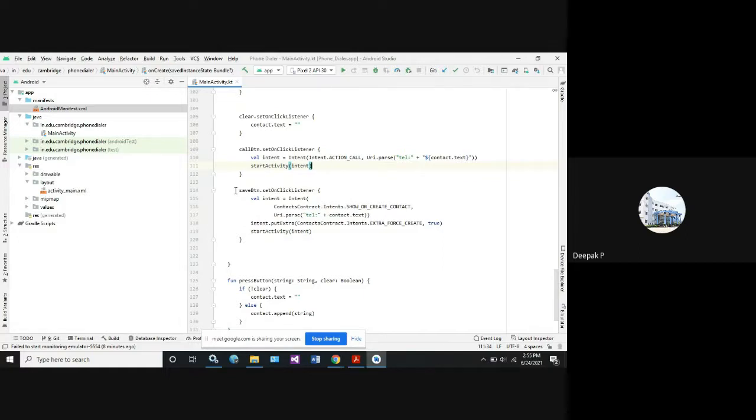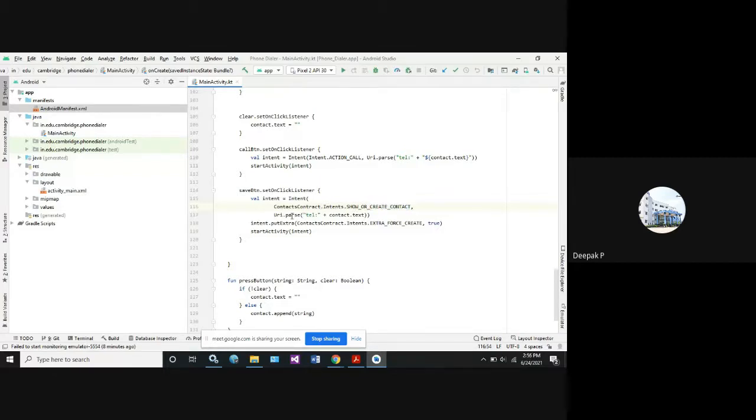Now we need to use the save button field. Save button, same thing, val intent, where it has to save to the contacts library. To access it, we have taken Intent.ACTION_CALL. Now it has to read the data using the library called ContactsContract.Intents. We have two things here. One is you can directly go and read the phone numbers, hence it is taken as show contact. Or suppose you are creating a new contact, you can add it by the or operator, or CREATE_CONTACT. When it is done, it's going to create a new contact.